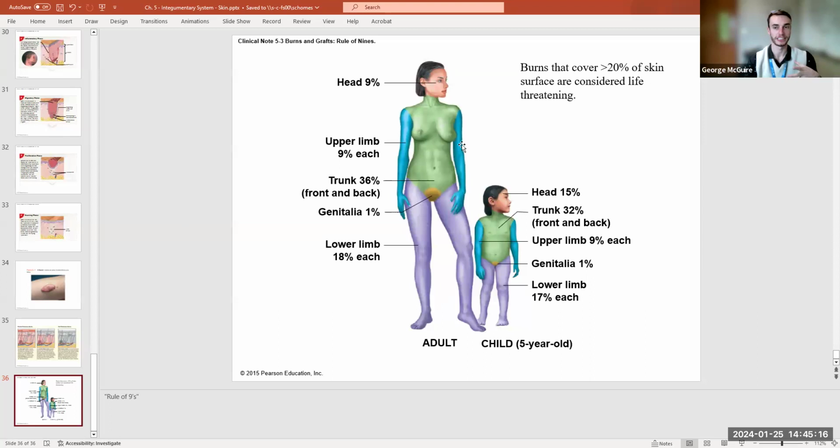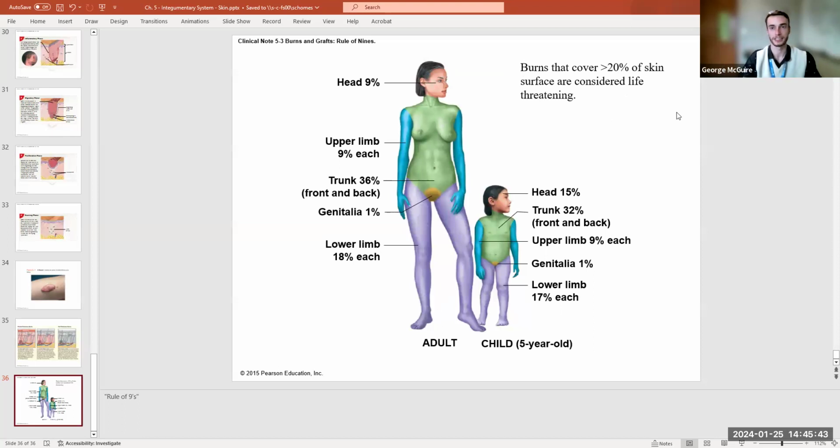There's 9% of your skin covering each upper limb. Your trunk composes 36%, so 9 times 4. Right? And then each of the lower limbs has 18% of your skin. And that's different for a child, doesn't follow that exact same 9% pattern, but that's where this rule of nines idea comes from, 9%. And the idea with separating this is to address how life-threatening a damage or a burn would be,